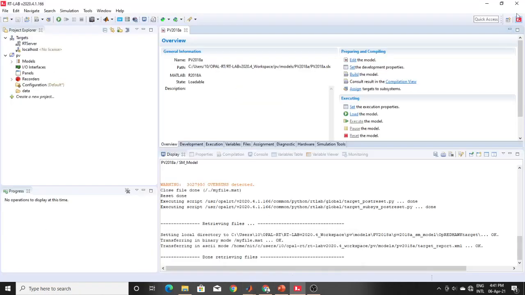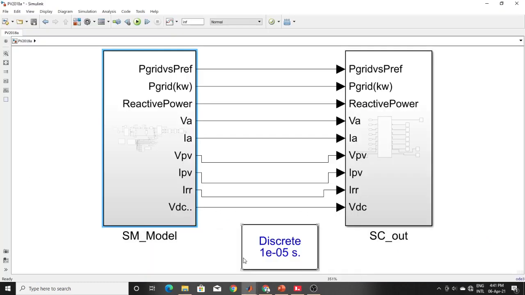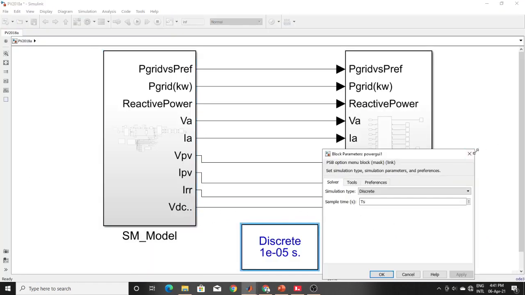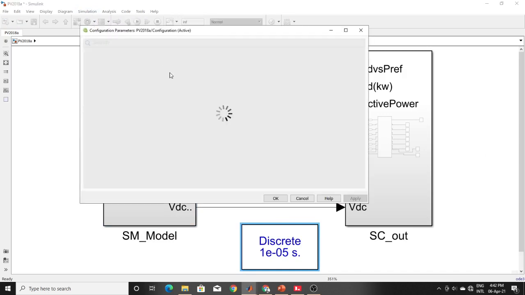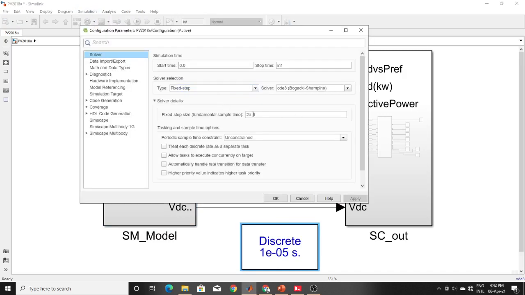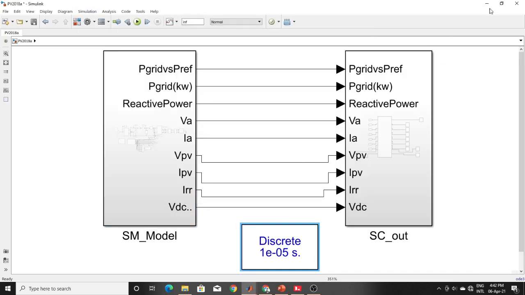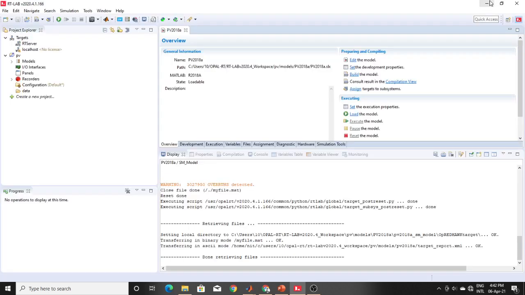I changed it from 10 microseconds to 2 microseconds, so that's why overrun came. It should be a minimum of 10 microseconds, especially if your model is too complex, so you need to take care of that fixed step size.